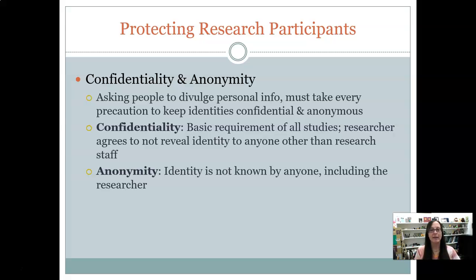Also, a separate situation where research doesn't require confidentiality or anonymity is if it's happening in public. If you are observing in a public space, let's say, or the information that the researcher is getting is available in public records, there's no need to maintain confidentiality or anonymity because everything is publicly available. Even if you are doing something like, on a street corner, watching cars go by and you want to see how many people run red lights or something like that,